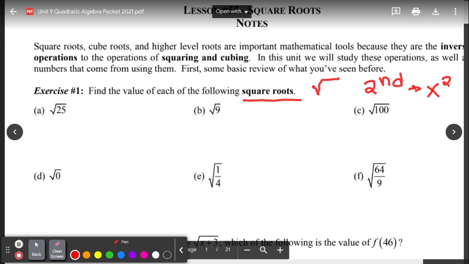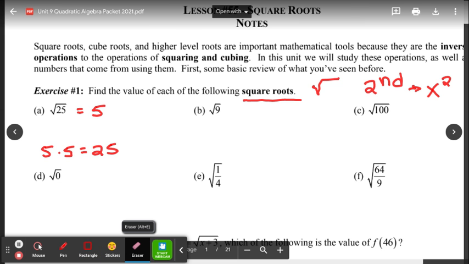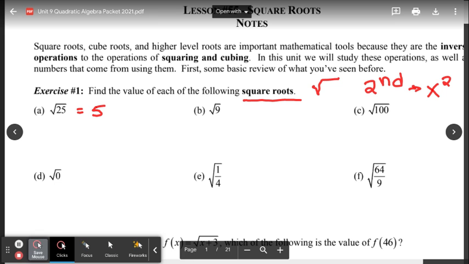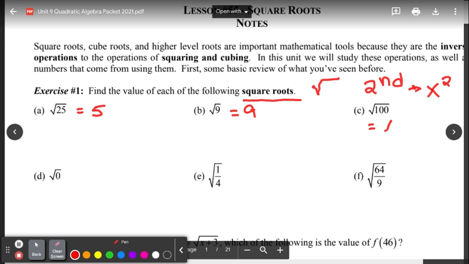For part A, the square root of 25 is 5, and that's because 5 times 5 is 25, also known as 5 squared, okay? And that's what we went over in the other video. Square root of 9 is 3. Square root of 100 isn't 50, it's 10. Square root of 0 is 0. Now, for the fraction,